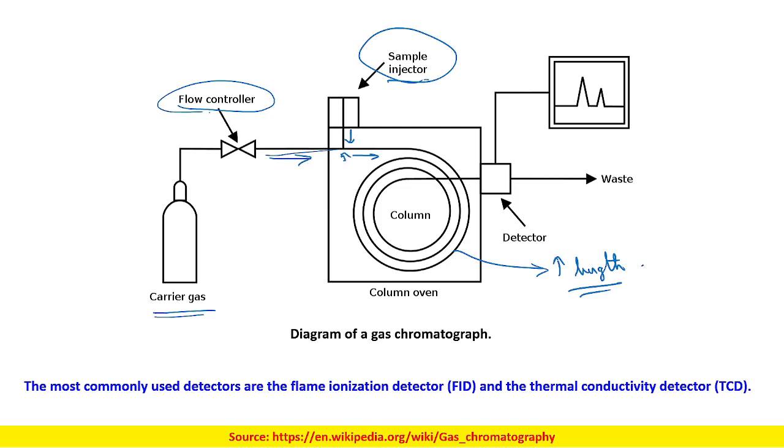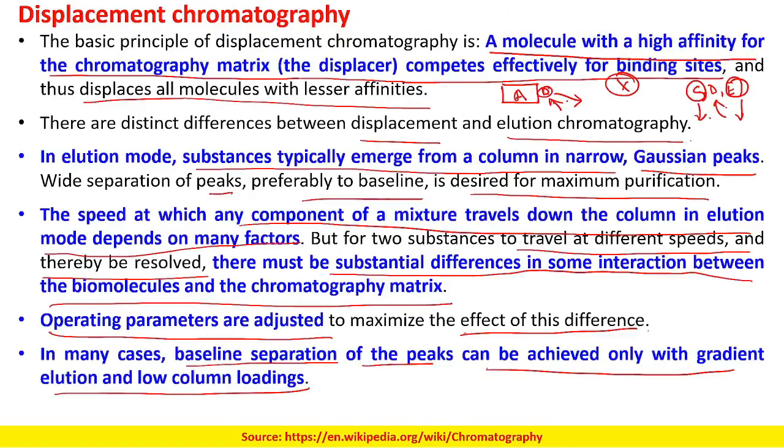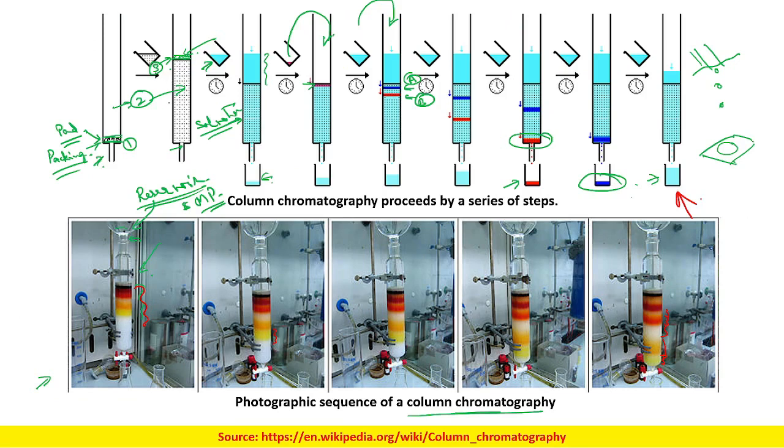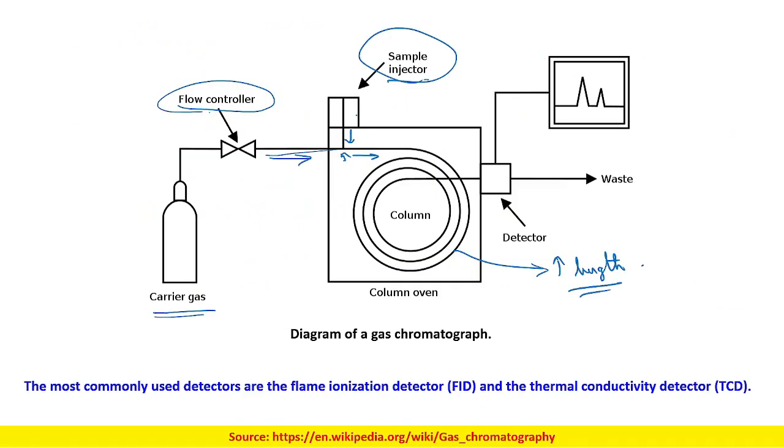So we do not have to add the sample over the column. In the previous case, if you see, we had added this sample over here, and then we started adding the mobile phase. However, in this case, in gas chromatography, the gas is continuously flowing, and then you inject the sample over here, and at the same time, since the gas is continuously flowing, it takes the complex mixture into